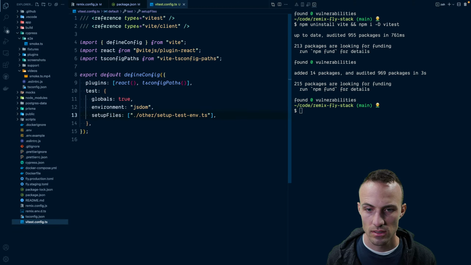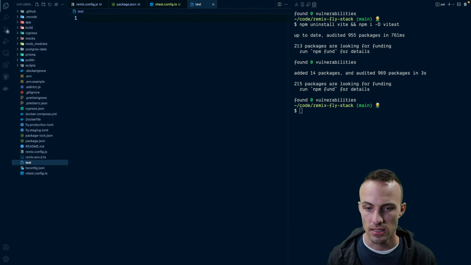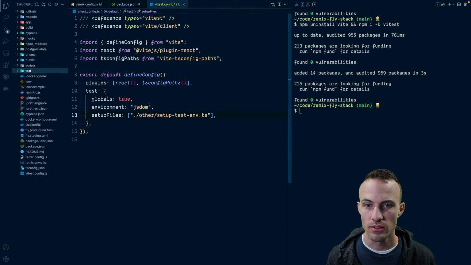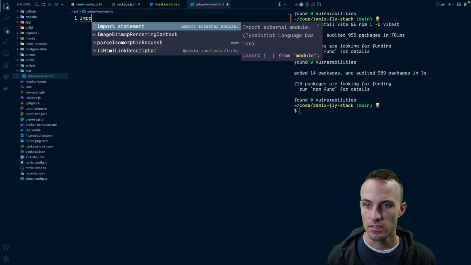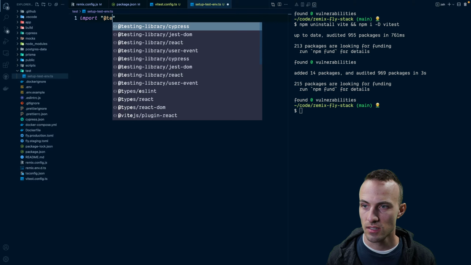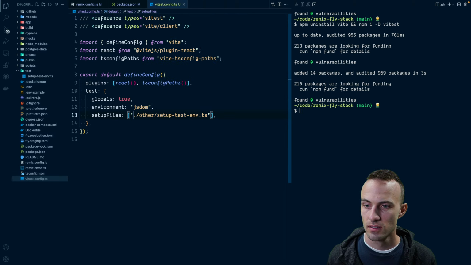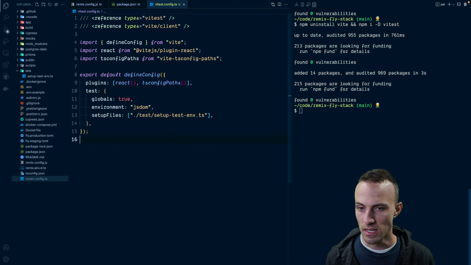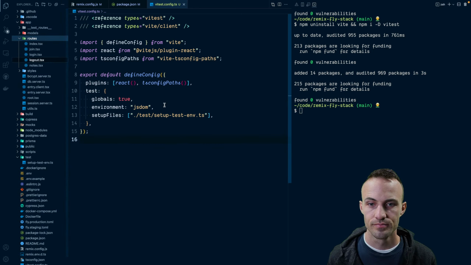Instead of other, we're going to call this test, except that's a file. Test. There we go. Setup test env ts. This just imports testing library jest DOM. Okay, great. So with that now I can go to routes